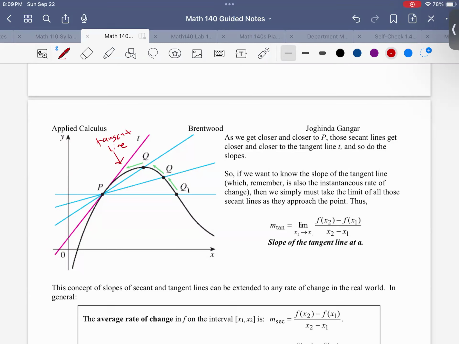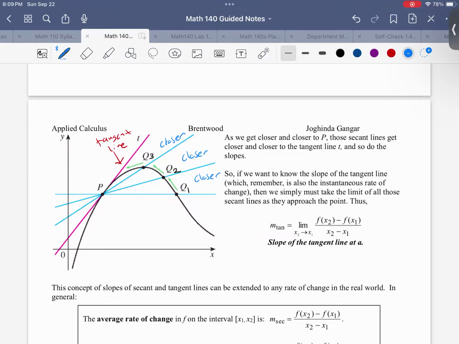In pink, that's a tangent line. It's a line that's just touching that point P, right? I want that line. So once again, I'm just going to get Q closer and closer, right? Call this Q2, call this Q3. So I'm getting closer, closer, and closer,